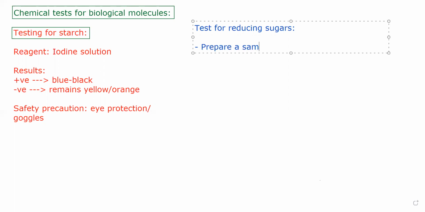Prepare a sample, what does it mean? Let's say they have given you a sample that needs to be crushed or ground. You are going to mention that. Prepare a sample by grinding, or crushing, even cutting,